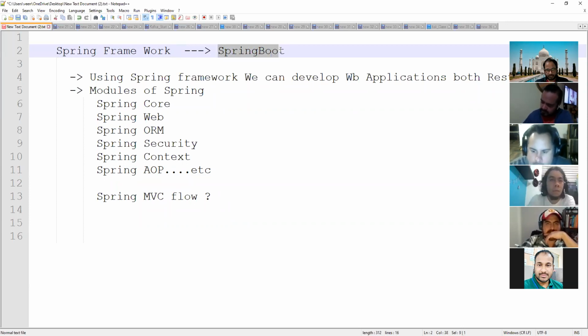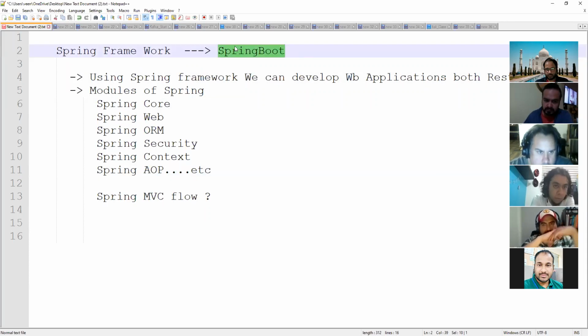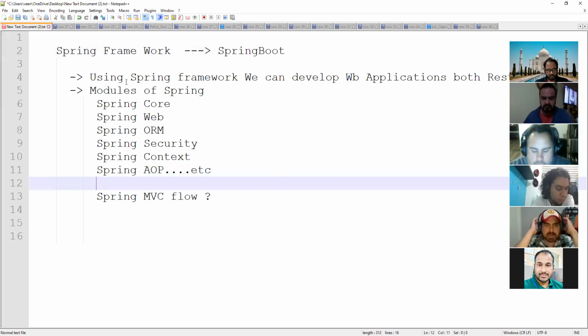Spring Boot takes all the functionalities that are there in the Spring Framework, along with some enhanced features like auto configuration and embedded server. So all those things will come in Spring Boot. So first of all, we need to know these things, then we will move into Spring Boot. Before going to Spring Boot, we should know these things.